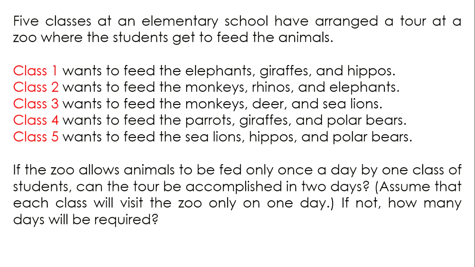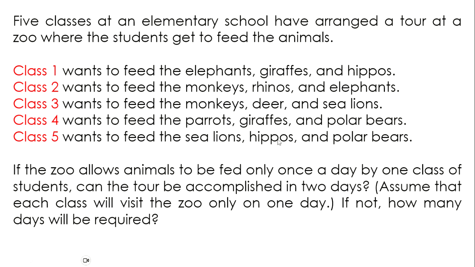Okay, for instance, class number 1 has the same animal as class number 2, which is elephants. And then class number 1 and class number 4 have the same animal, which is giraffe. And then for class 1 again, hippos for class number 5. So as you can see, we need to connect class number 1 to class number 2, class number 4, and